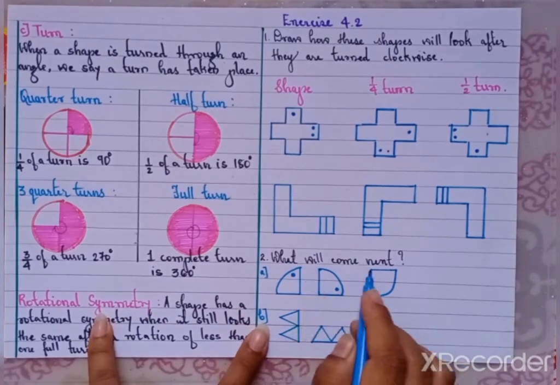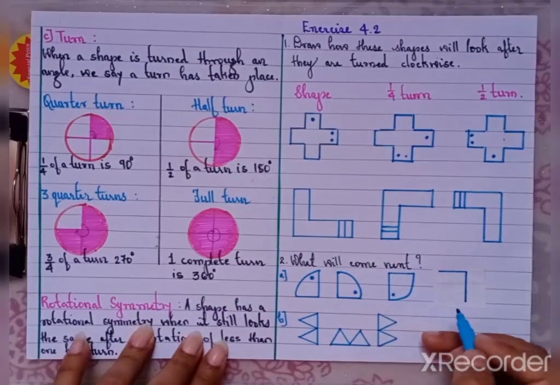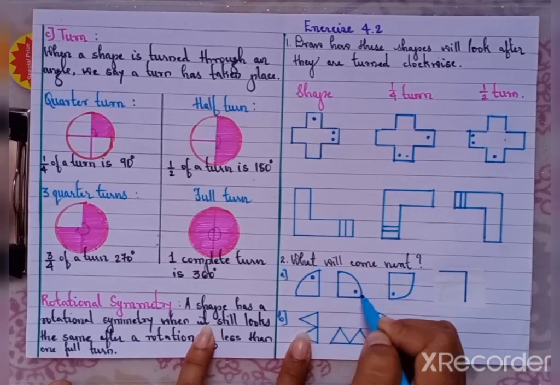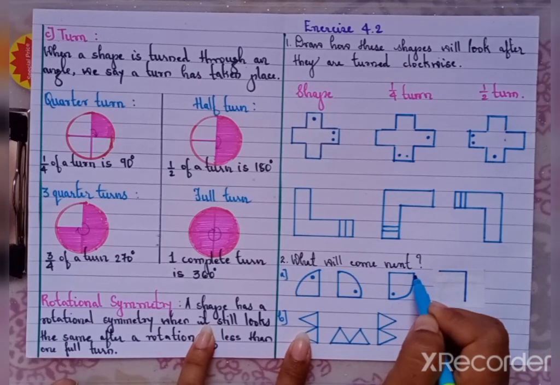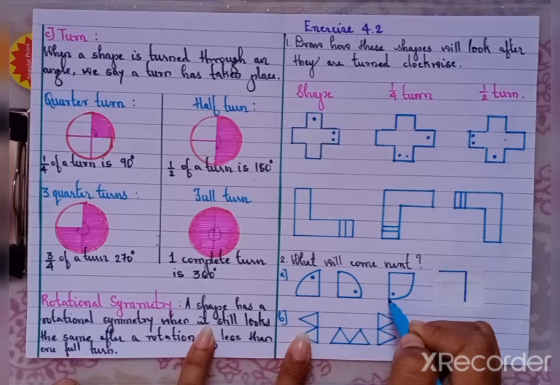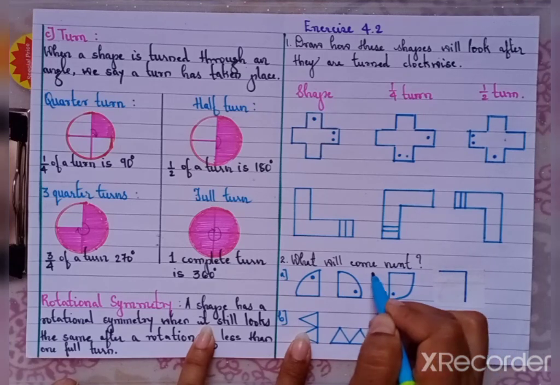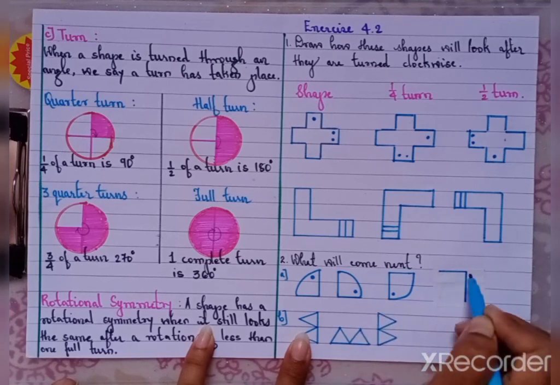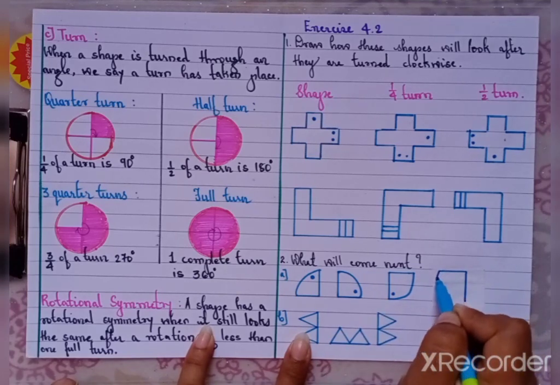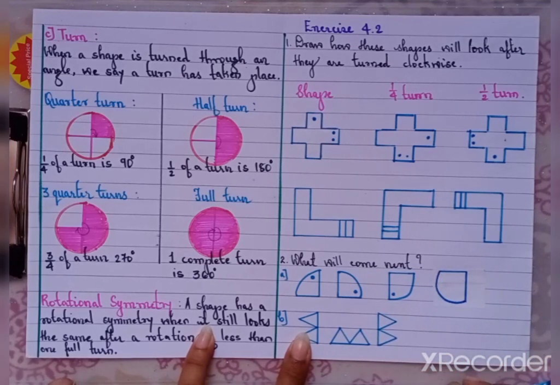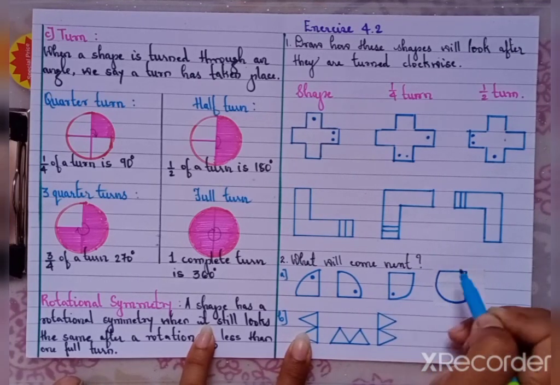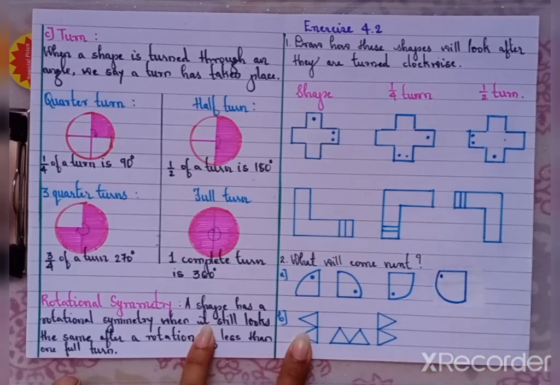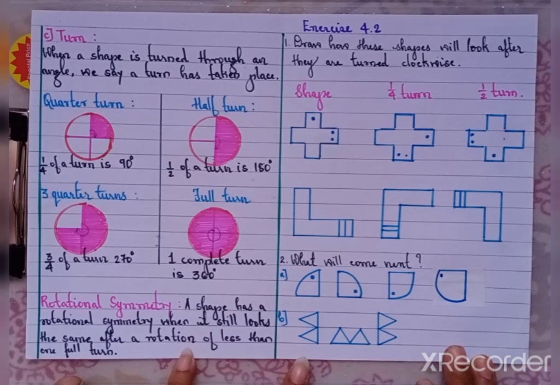Next we have what will come next. Our next picture pattern. So here it has completed half. Next, again 1/4 is completed. To make full circle, again this much part is left. So we have to draw this shape, and then like this. So now this dot will come here, and this is how it has completed its pattern.